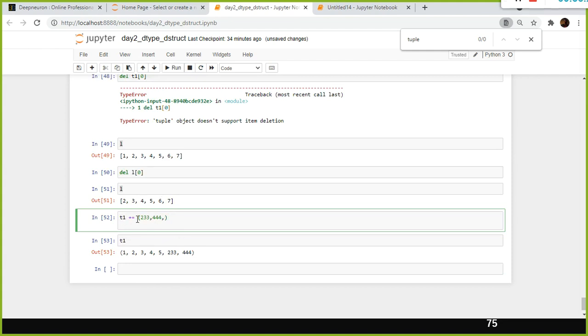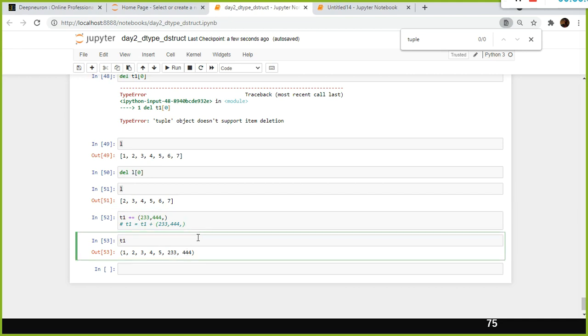What is this plus equal? This is nothing but the increment operator. This is equivalent to T1 equals T1 plus whatever the existing values, in addition to that, I wanted to add 233, 444. Fine. So you can include a value in your tuple.